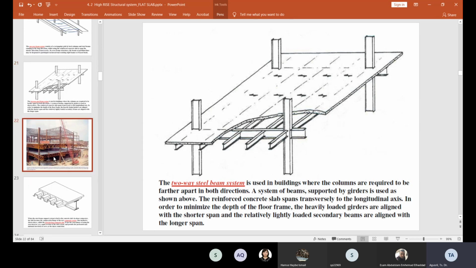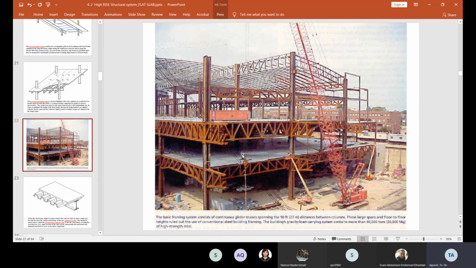Okay. And this is how it is constructed on site. This is the girder, meaning the main beam, constructed from small I-beams. So this is a concept like a truss, they have a function like a truss. In this case all the load will be transferred through the joints, depending on the design. For a roof truss, normally we design the roof to support axial load only, axial compression and tension. But for the main beam, we need to consider also the effect of bending.